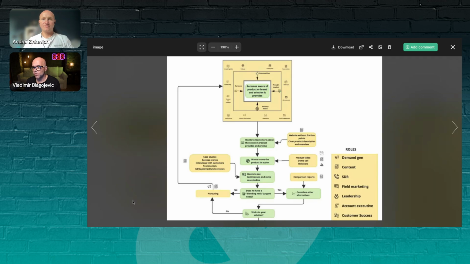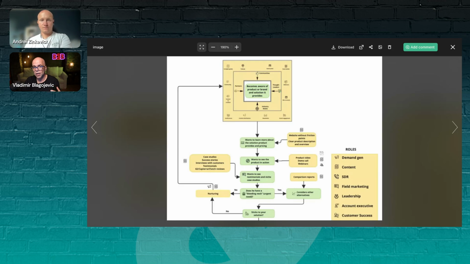For example, if you have a Gong or another platform that you use for sales intelligence, for conversation intelligence, I guess they call it, where you have some insights from the sales calls, taking those into account can really help you. I would probably do that before reaching out to customers, and then asking the questions that were missed, maybe in the CRM notes or in the call recordings or summaries.